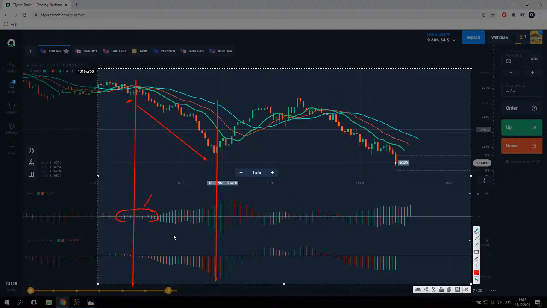From here, it's possible to look for a trend to form. Following that, you see here and here the awakening phase is there, where generally one bar turns